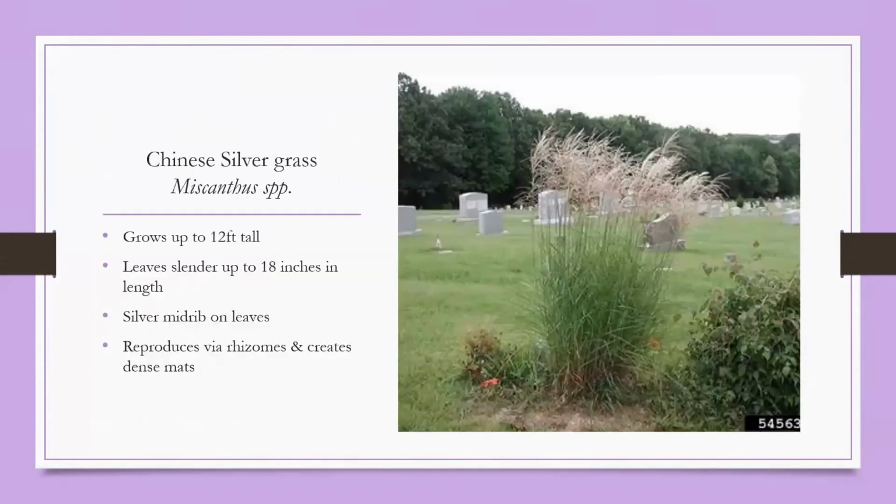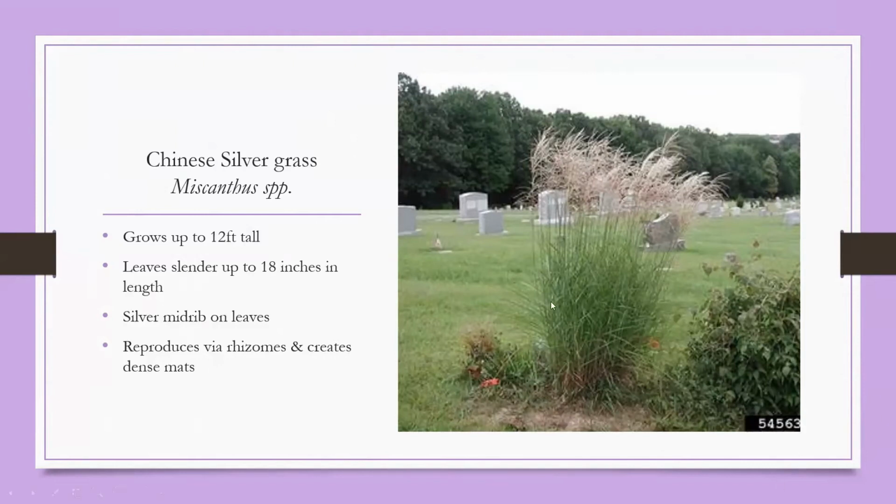So this is kind of the more stereotypical silvergrass that you see with these white flowy heads. It can grow up to 12 feet tall. Not all varieties, but a lot have a silver midrib, so that silver vein running down the middle of the leaves, the lower leaves here. Some varieties also have leaves that are striped or segmented down the leaf, looking kind of like zebra stripes,